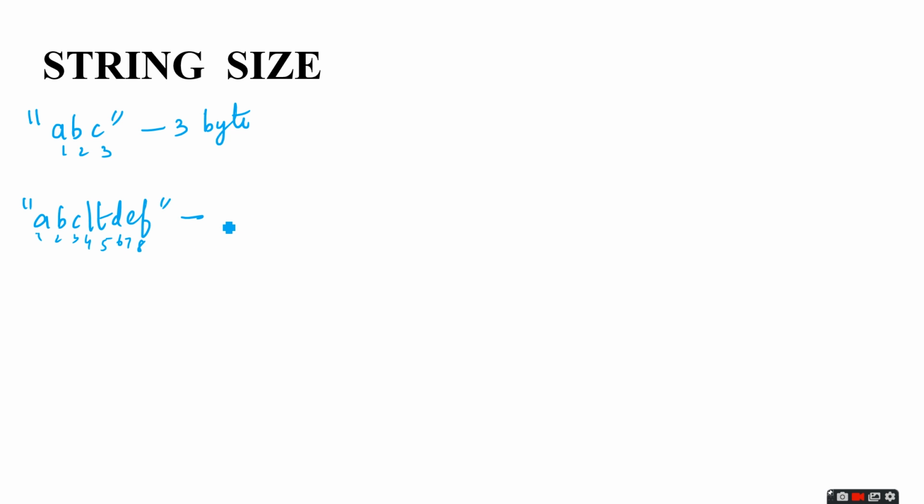But it is not like that. That is wrong. Because we have learned that backslash t is an escape character and the size is 1 byte. Now here we can see a backslash t, and we have also learned that it can be given inside single quotes or double quotes. Now it will be counted like this: 1, 2, 3, backslash t as 4, then 5, 6, 7.